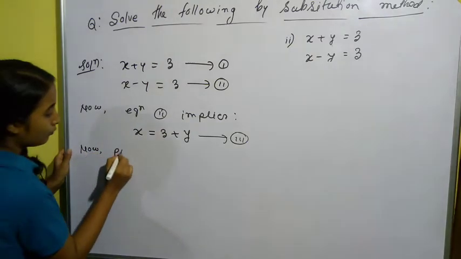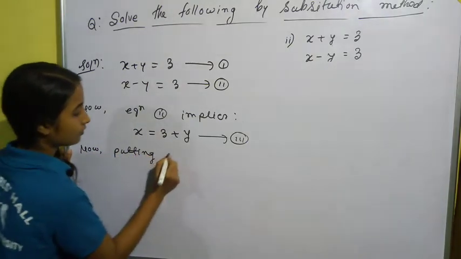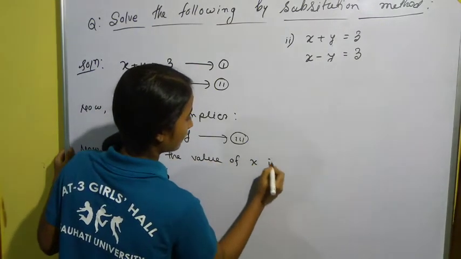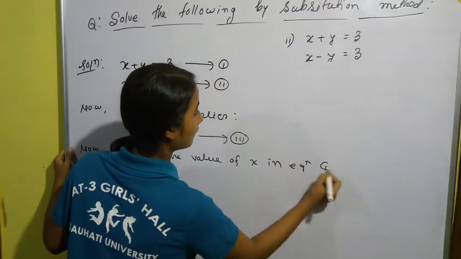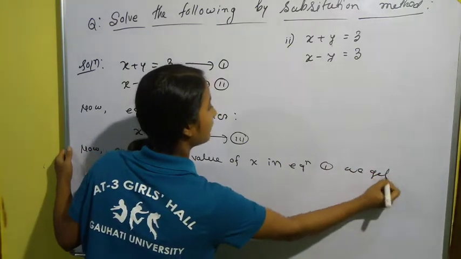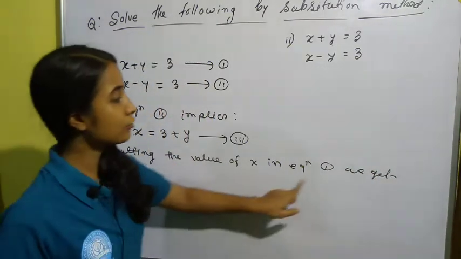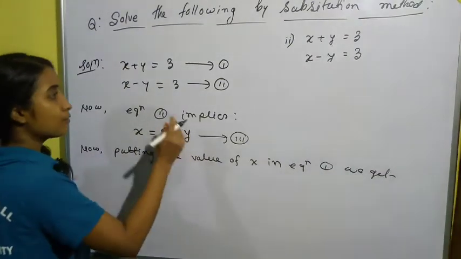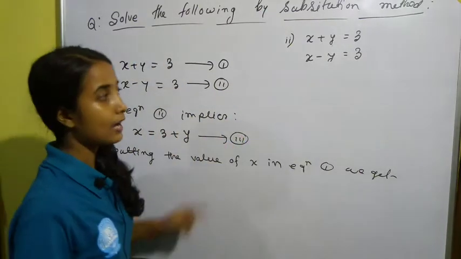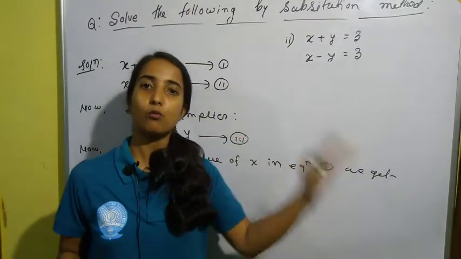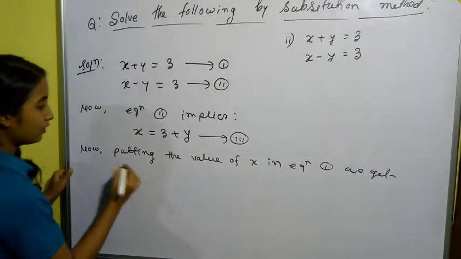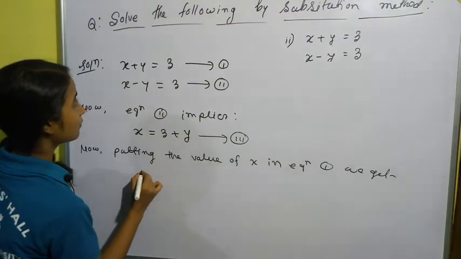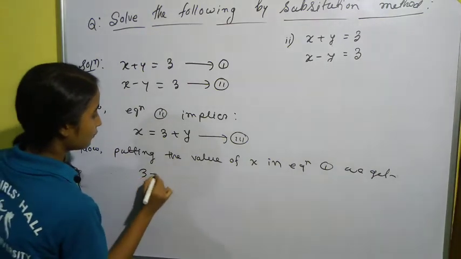Now putting the value of x in equation 1, we get, I am putting the value of x in equation number 1. Why? Because I am getting the value of x from equation number 2. Therefore, I am putting the value of x in equation number 1. We get x plus y is equal to 3. X means 3 plus y